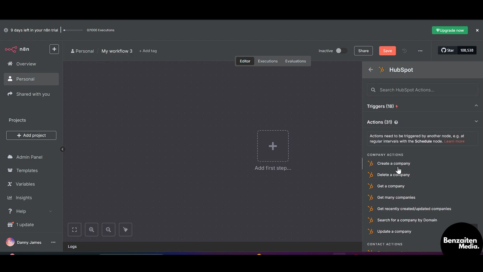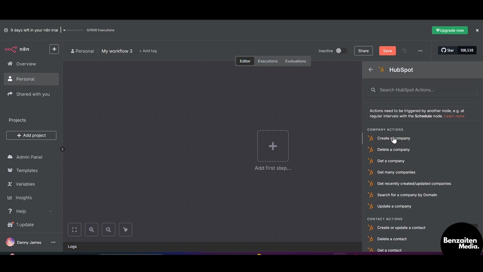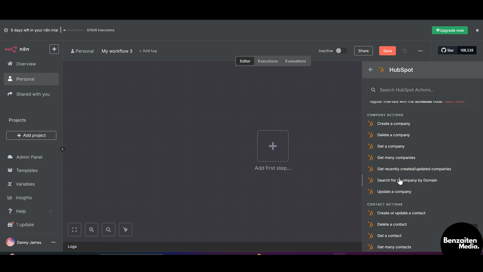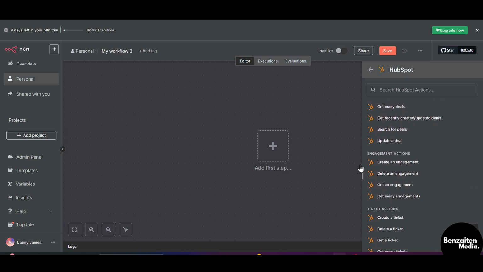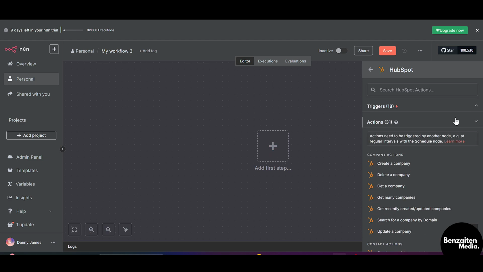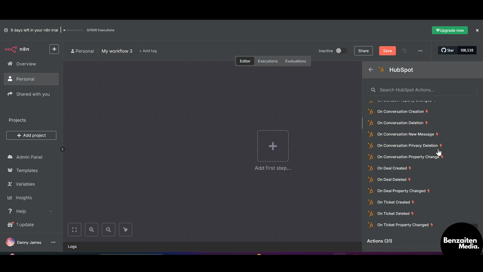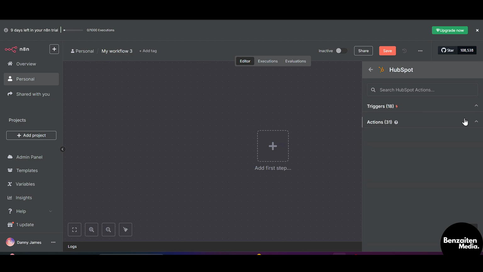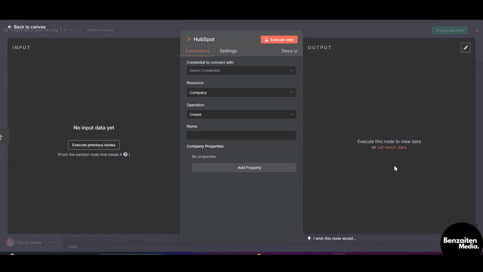After that, you need to select some actions like create, if you want to create a company, delete a company, get the company, and here are multiple actions. You need to choose a single action from which you want to add it here on the n8n workflow. But if you don't want to add the action, you can add triggers which are of HubSpot. So like this, let's say I want to create a company, so I will add this section and then in